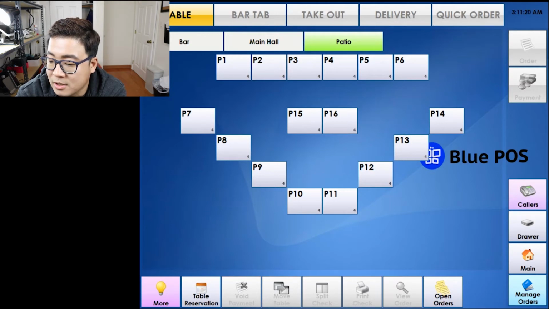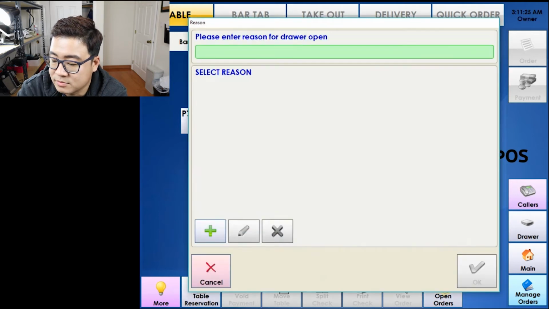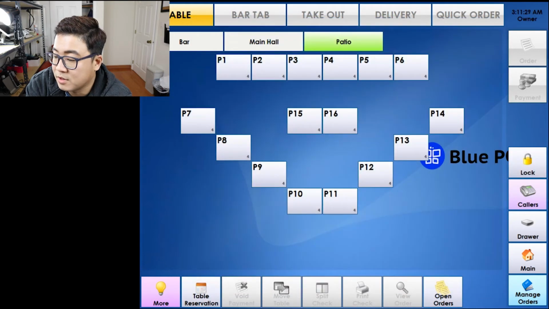You have callers, drawer, and drawer just means if you want to open the drawer, of course, you have to have the manager's function. It gives you a reason. Let's just say you need change, and then it'll open the drawer. Now